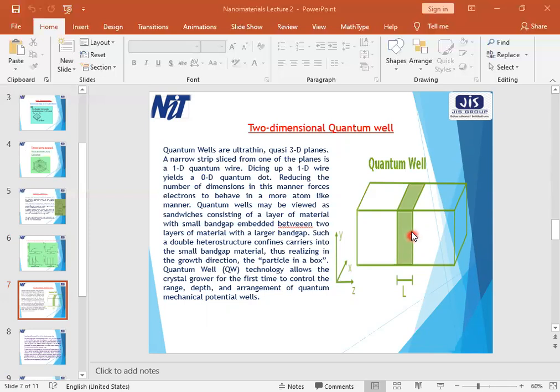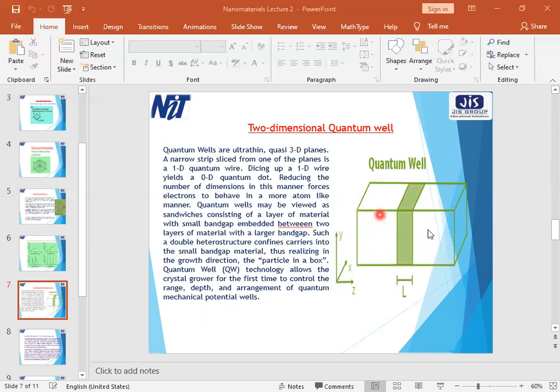Okay, so it's a three-dimensional plane where one dimension is in the nano range and two dimensions are seen to us. You see, this is another quantum well. So what we can say is that a narrow strip sliced from one of the planes, if this is one plane,